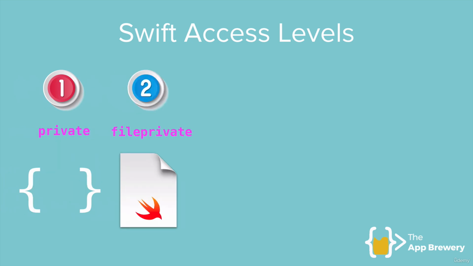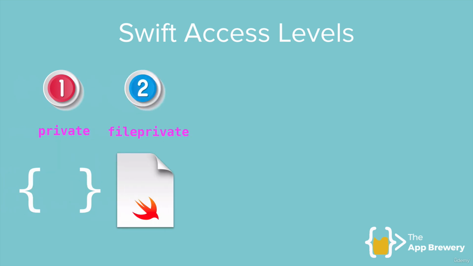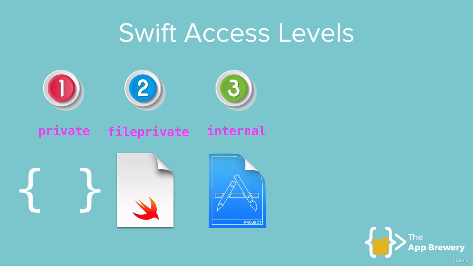Now, the next least restrictive is something called fileprivate. And as it suggests, it means that your property or your method is only accessible inside the file that it was declared. So this will be your ViewController.swift or your test.swift, and you can't access a property or a method from a different file. Now, the third one is what's called